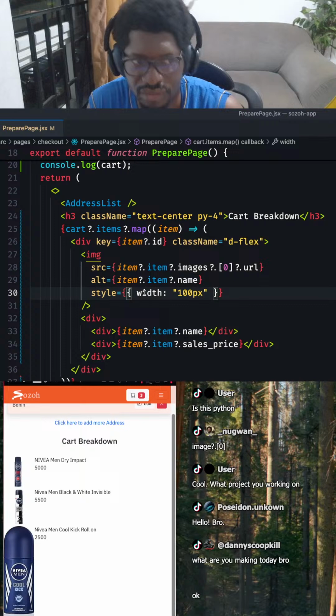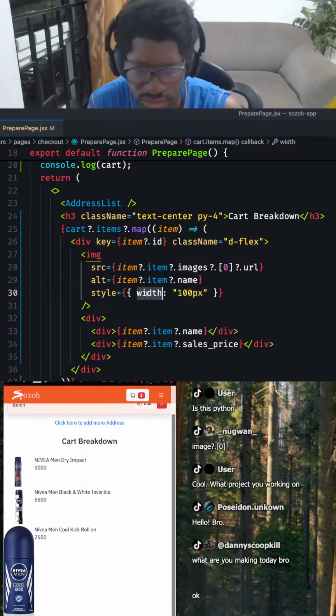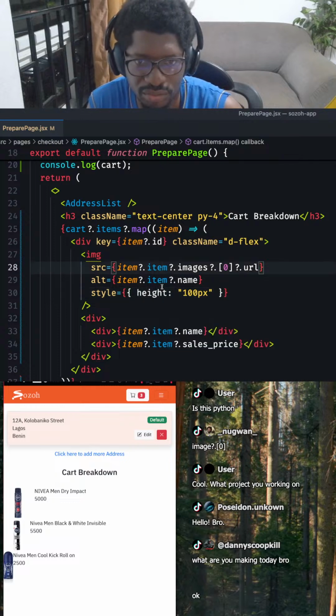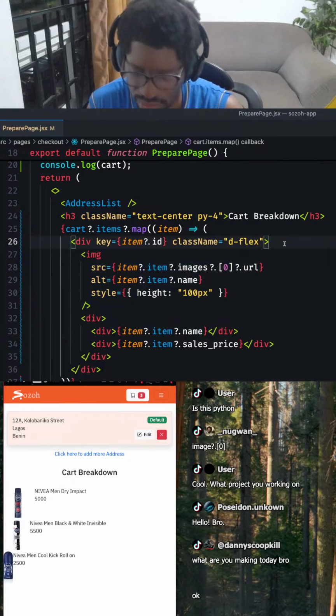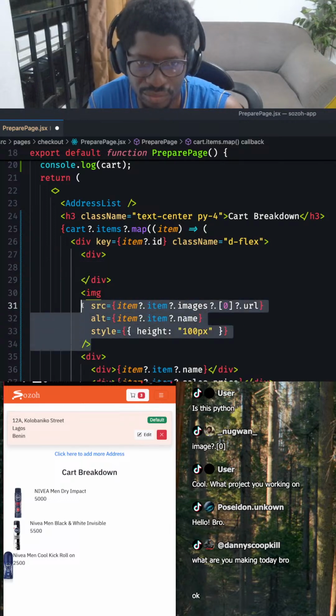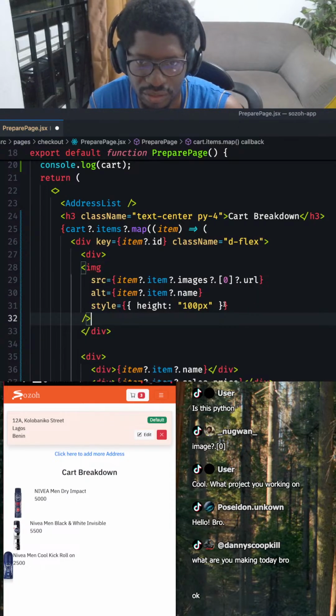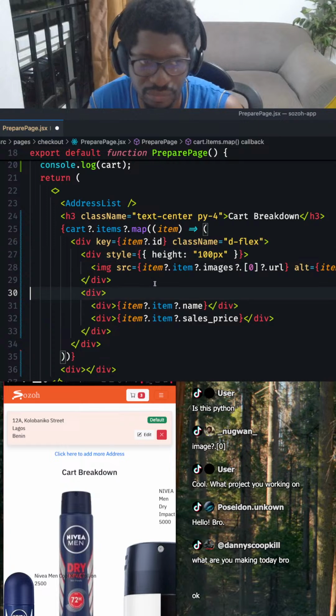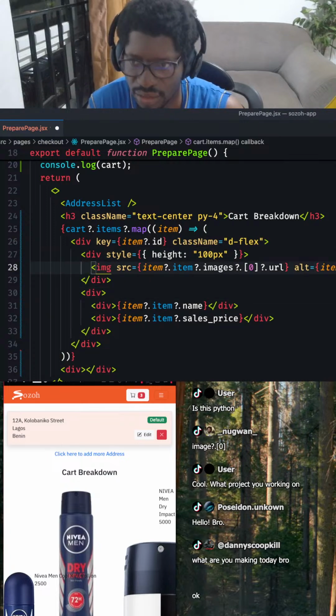So width was not his problem. Oh yeah, now height could be your problem. So that's the problem if I'm using this method. Instead, I will put you in a div, put you inside here, then style this one, then style, class name,